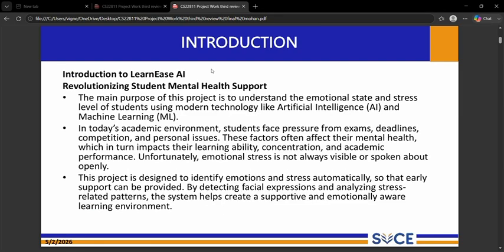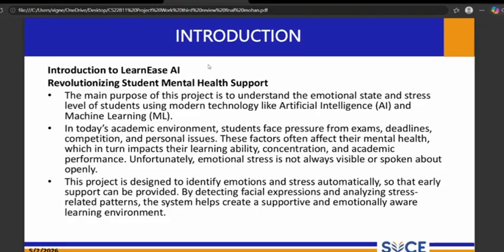The second slide is the introduction of our project. The main purpose of this project is to understand emotion. Students face various challenges such as examinations, assignment deadlines, academic competition, and personal pressures. These factors can lead to stress, anxiety, and reduced concentration.